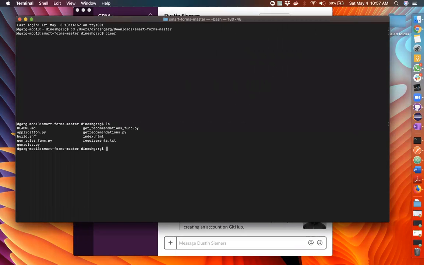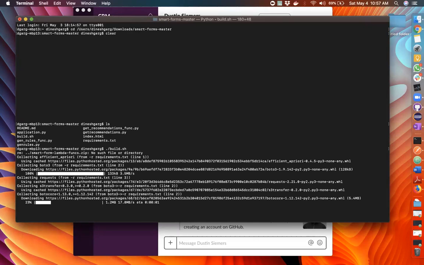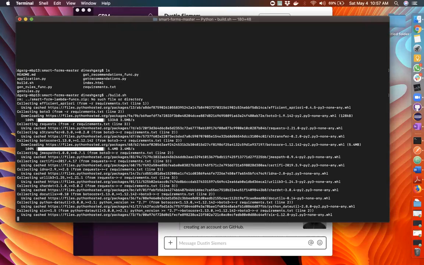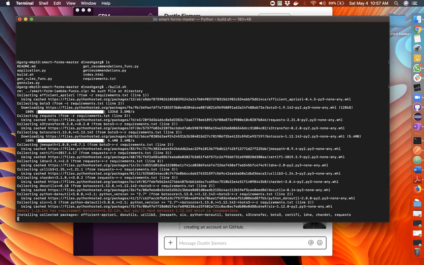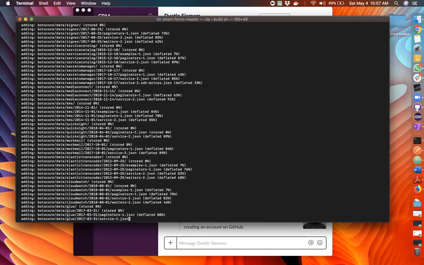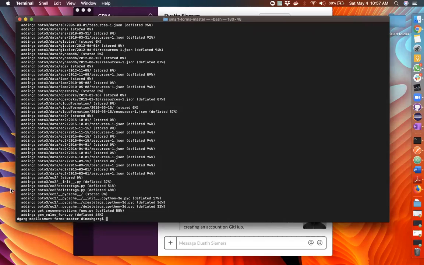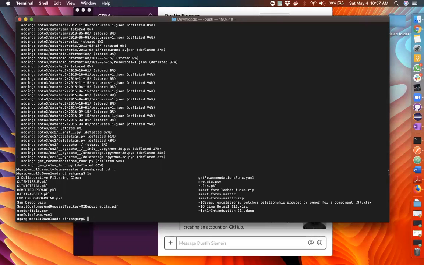We've created this script called build.sh. All they need to do is run this script, build.sh. It will go ahead and fetch all the dependent packages, and ultimately it'll build a zip file, but you need to go to a parent directory to get that zip file. So this zip file, smart-forms-lambda-funcs.zip, will get created. And then now we're going to upload this